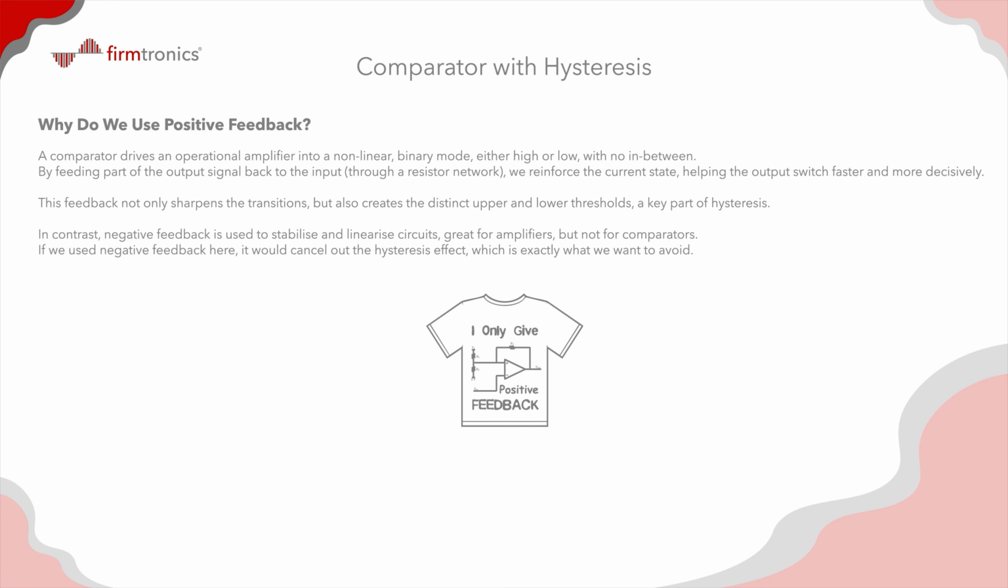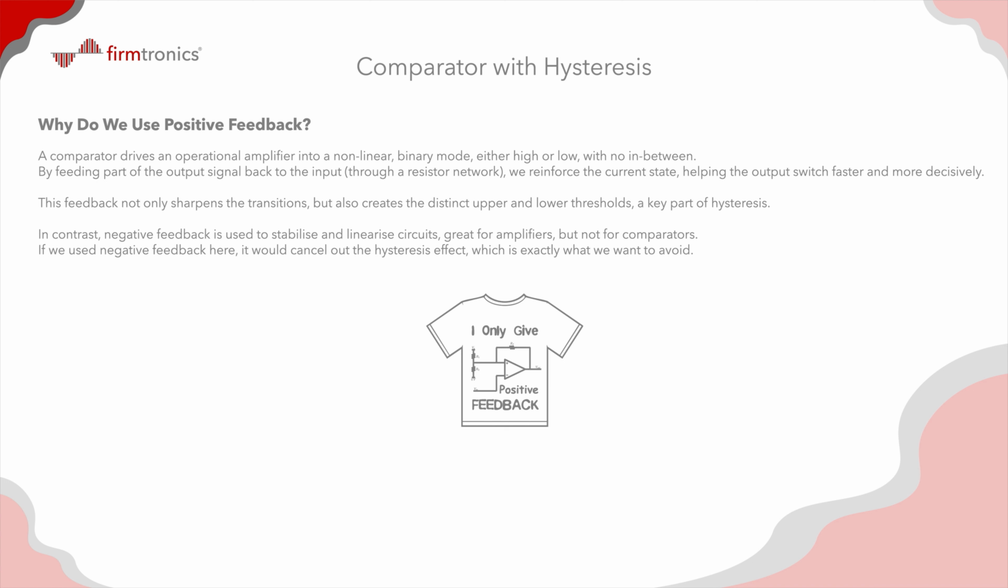A comparator drives an operational amplifier into a non-linear binary mode, either high or low with no in-between. By feeding part of the output signal back to the input through a resistor network, we reinforce the current state, helping the output switch faster and more decisively. This feedback not only sharpens the transitions, but also creates the distinct upper and lower thresholds, a key part of